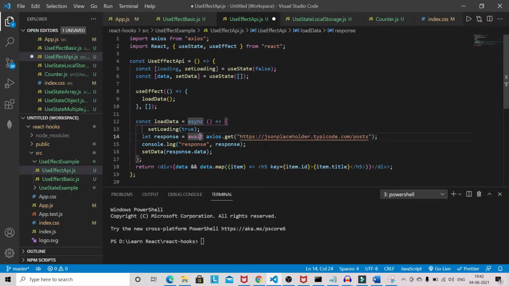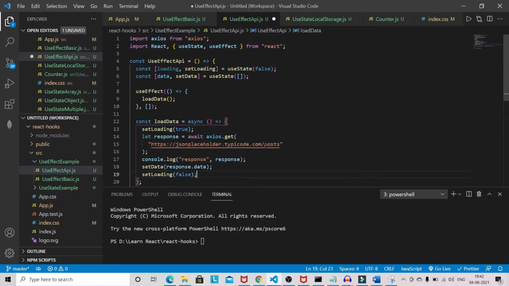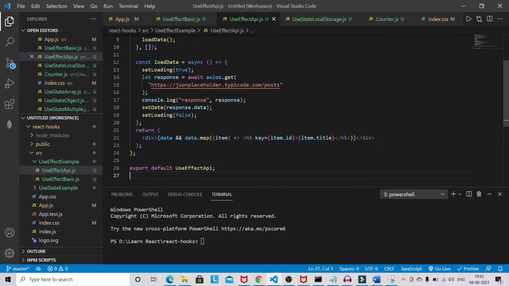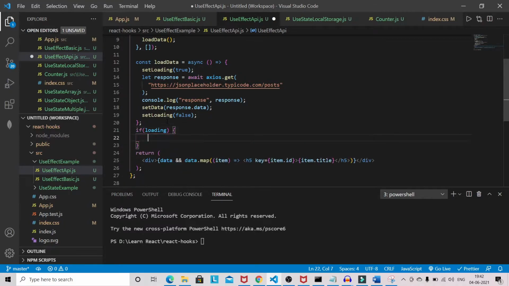After that, once it has got the data, I will make setLoading false. Let's return here. I will check if loading is true, then return loading text.